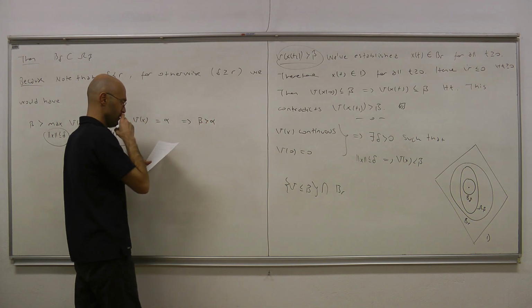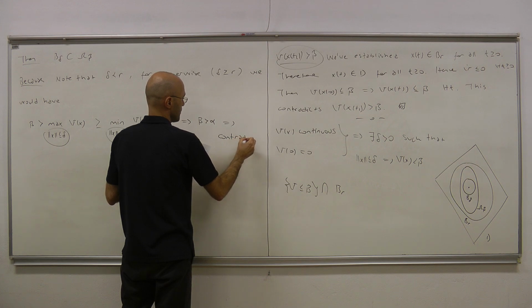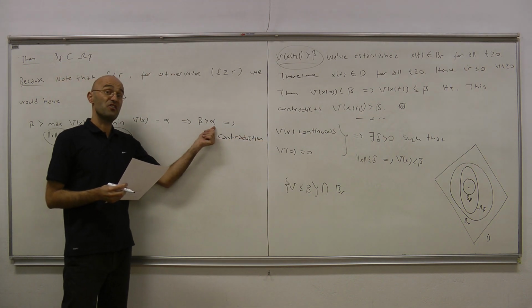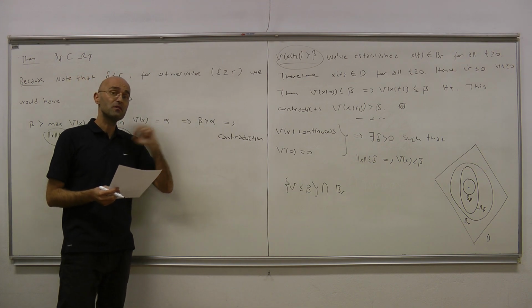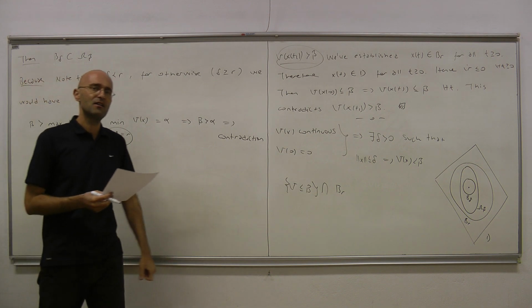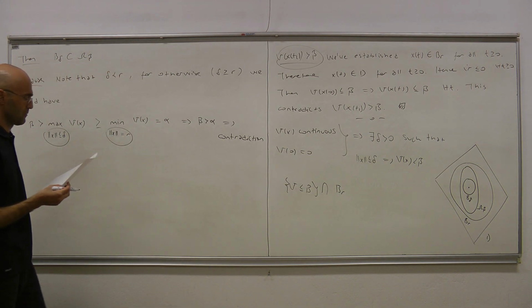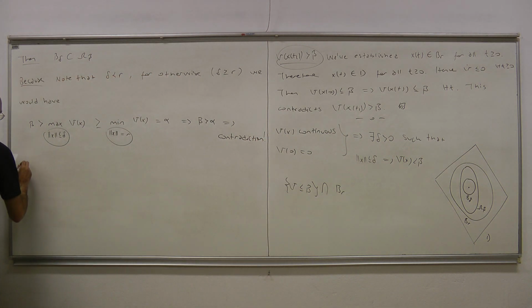Beta greater than alpha, which is a contradiction, because alpha was there first, and then once alpha is given, we have chosen beta such that it's strictly smaller than alpha. Therefore, we would have such a contradiction. So, therefore, hence,